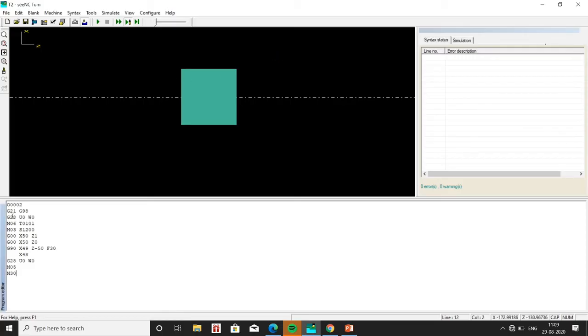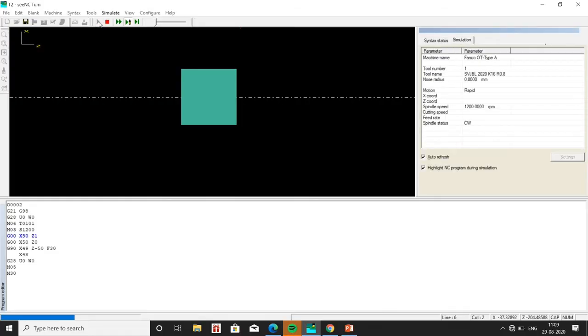Since we have not opened a new project, click on play. You can see that after G90 it stays on the program, and then it jumps to 48 and again runs the same procedure. So we need not type Z50 and F30 and all again. It returns to home and the program is completed. Let me just play it once again.